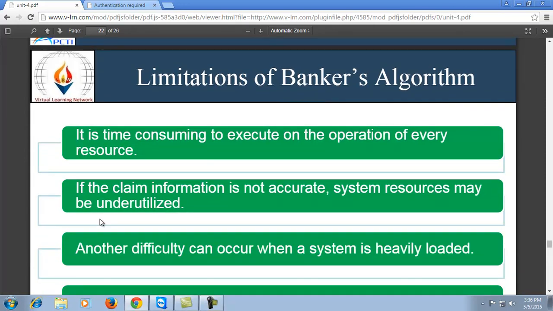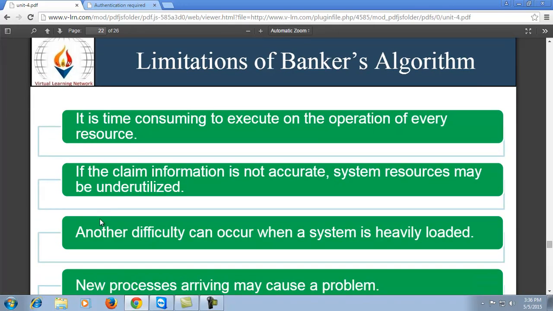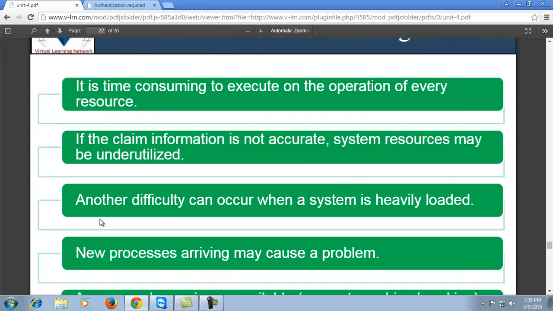These are the limitations of Banker's algorithm. The first one is it is time consuming to execute on the operation of every resource allocation and their releasing time. Second, if the claim information is not accurate,